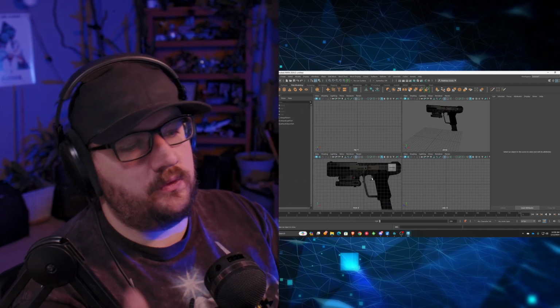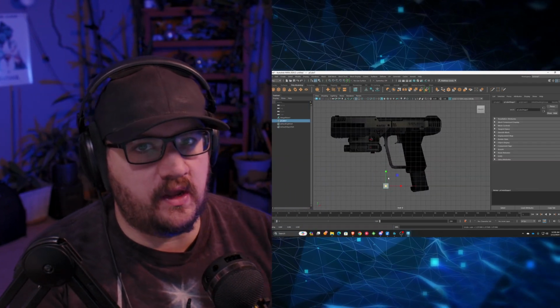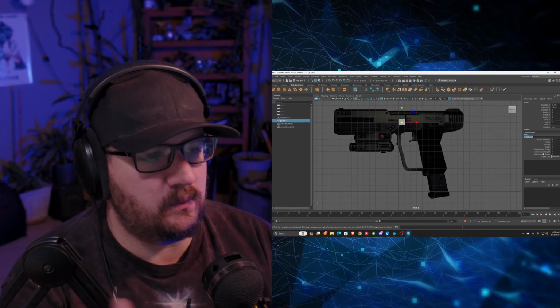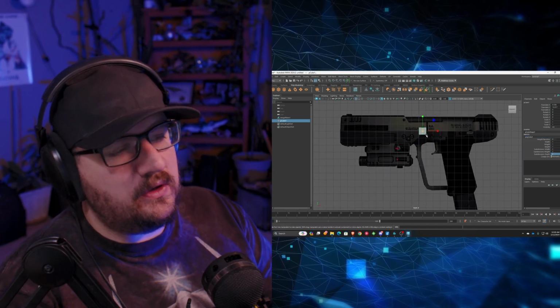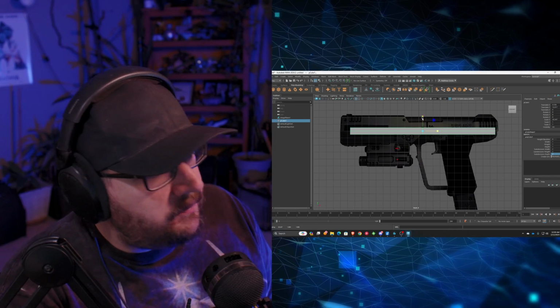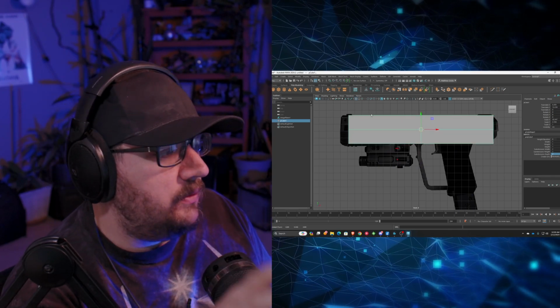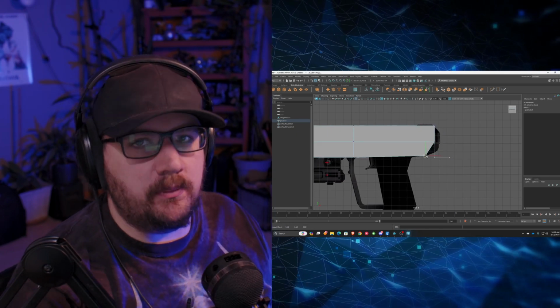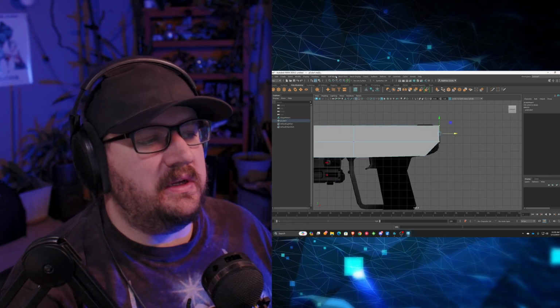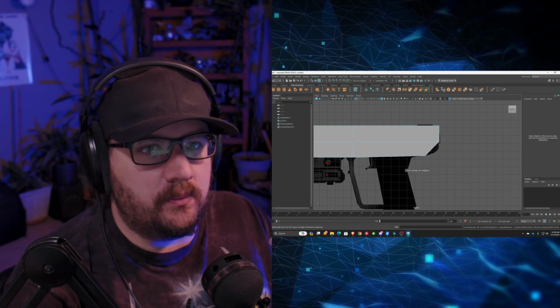Okay, so what we're doing here, for this example, I chose a Halo ODST Pistol because I didn't want to go through the whole process of finding a concept artist and going through all this. So I figured I'd use something that's probably relatable. Basically what you're going to do throughout this whole process is start developing the basic shape of your model. This is super important because this is going to be your scaffold when you're building the final model,